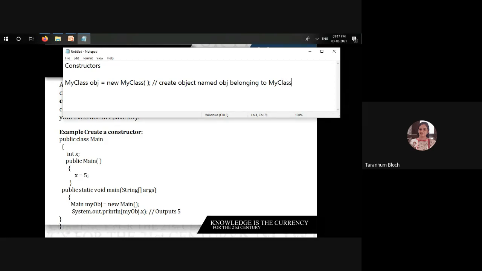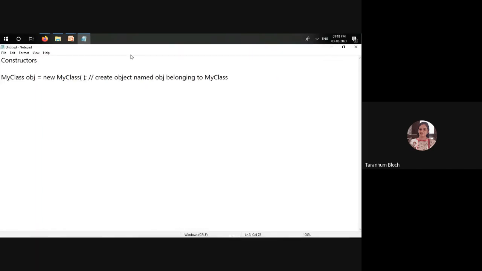So we are saying that a constructor is a special method. It is a method, but it's not a normal or ordinary method, it's a special method because whenever you create an object, the constructor will be called automatically.